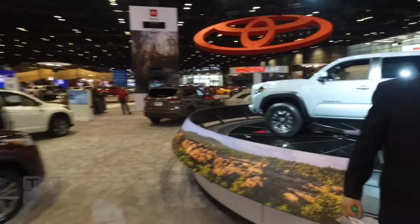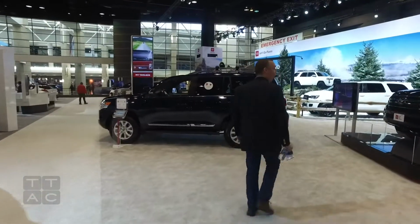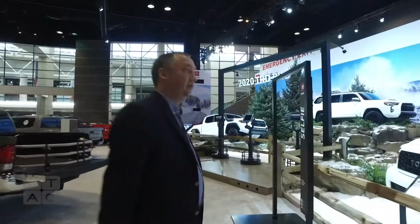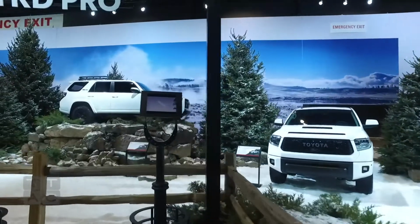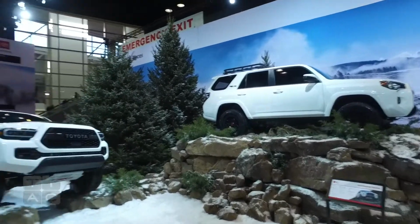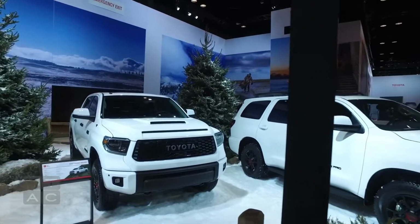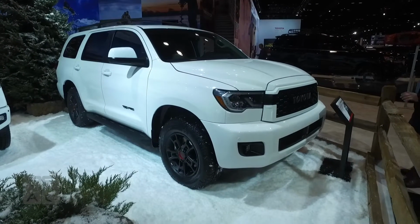We're stepping carefully off the stand here, and we're walking about 10 feet, a little more than 10 feet, towards the TRD Pro Sequoia. And for some reason, there's a selfie stand, and I don't even want to think about that. That's kind of silly, but you've got TRD Tacomas, Tundra, 4Runner, and then over to the right of the display, the Sequoia. And I don't know if people are going to take advantage of the selfie display, but